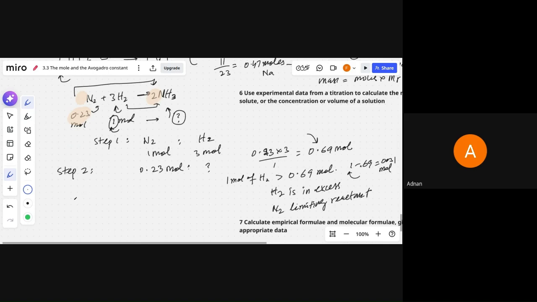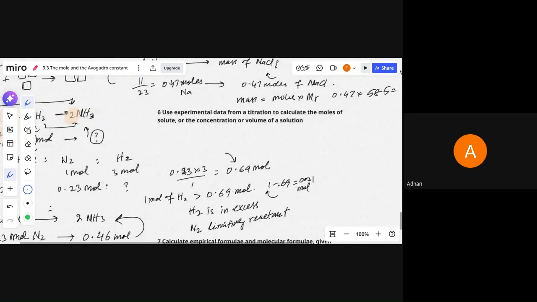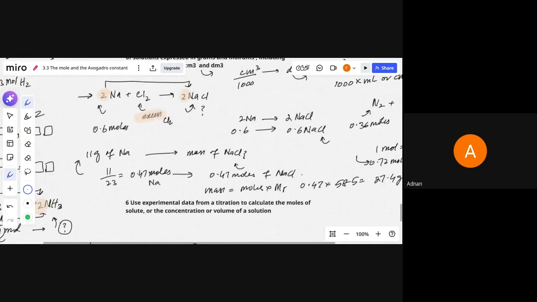Now, 1 mole of nitrogen from the balanced chemical equation produces 2 moles of ammonia. So for 0.23 moles of nitrogen, we have to double this because the mole ratio is 1:2. So this will be 0.46 moles of ammonia, right? So this was about the limiting reactant. And now, use the experimental data